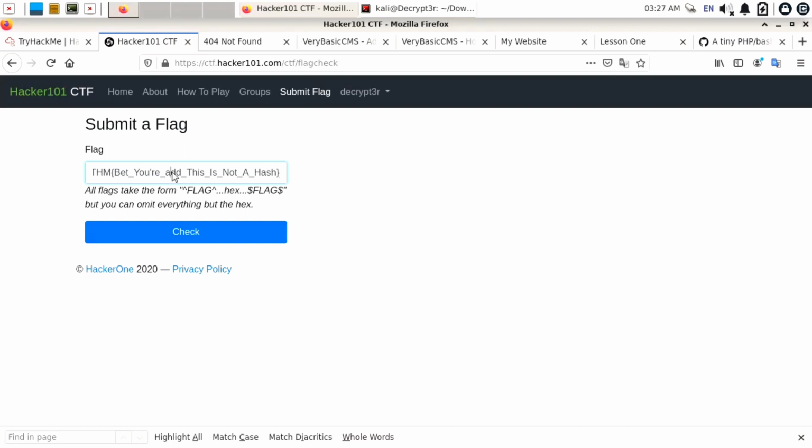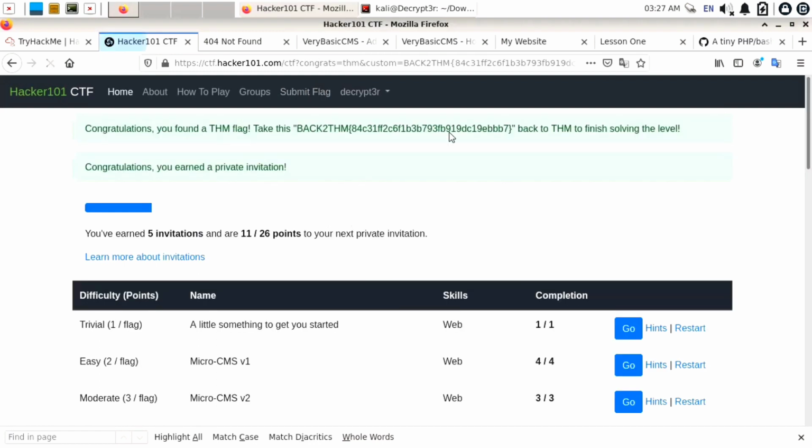I will just replace add with glad, so just add capital G L A D, there is no double D, so it is a single D. Click on check, and our answer is correct.